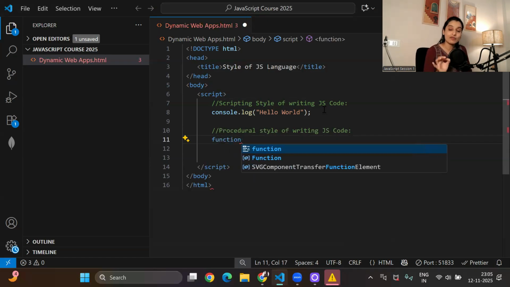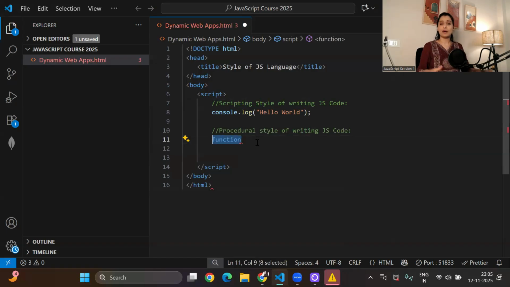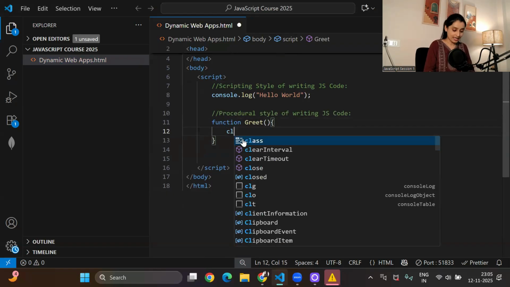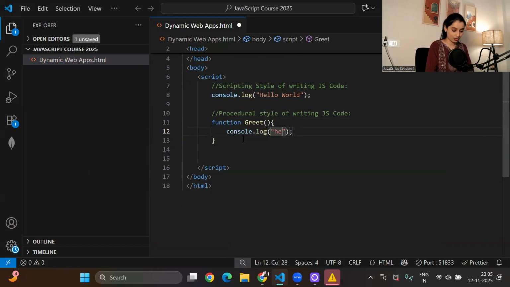To create one function in JavaScript, we use this function keyword. Multiple ways are there to declare the function. In the upcoming sessions we will explore them. Okay, so this is the function. The name of function, let's say I have given over here as greet. Okay, this is the name of function. These are the curly brackets to give the block of function. Inside this I'll just write console.log hello world. Okay, hello world, or here I'll just write good morning. Okay,